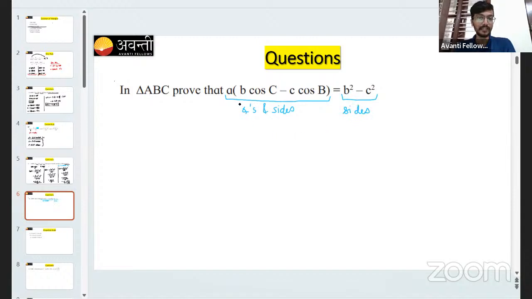That means I don't need angles on the left hand side. If I am going to prove something, I don't need angles. Then I'll easily prove this. This means I need to convert angles to sides. And what better way to convert angles to sides other than